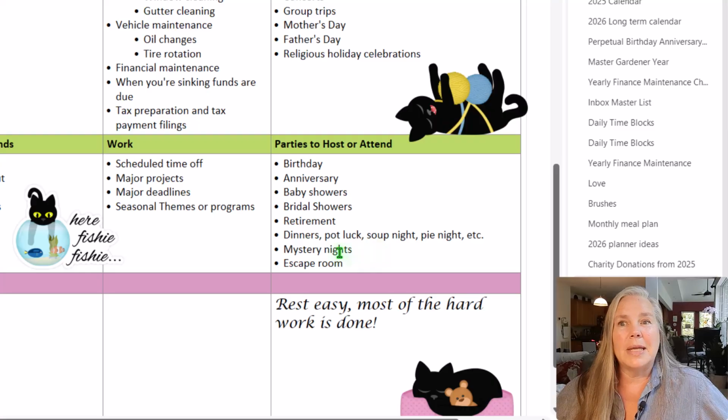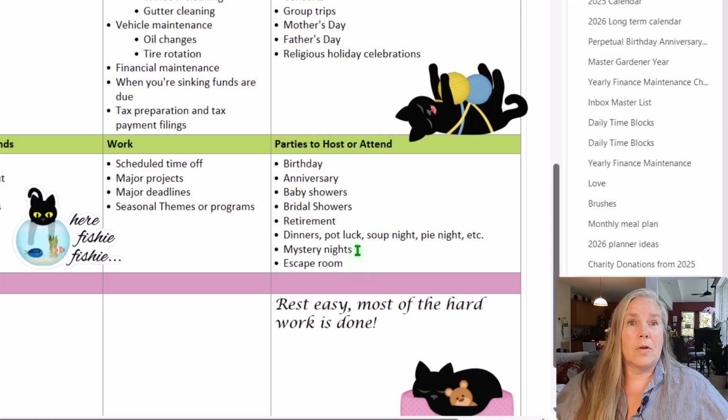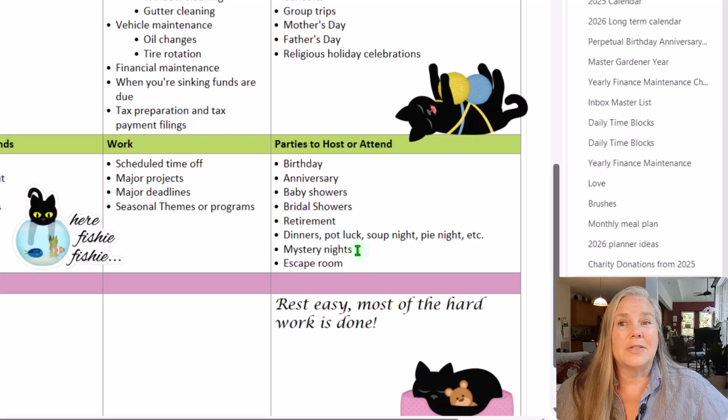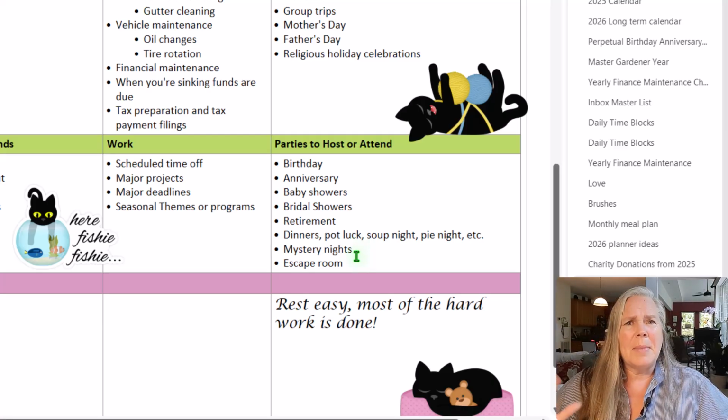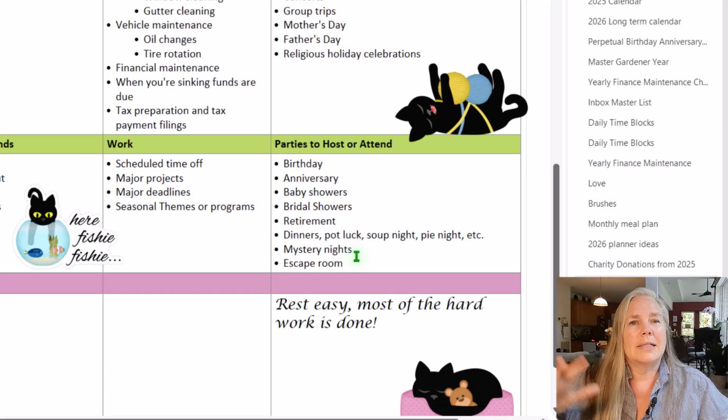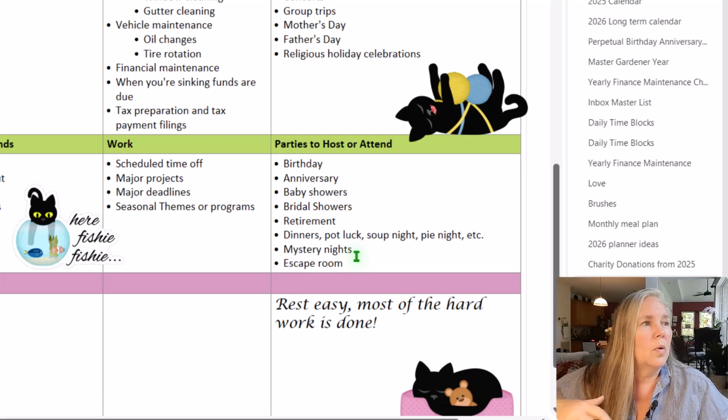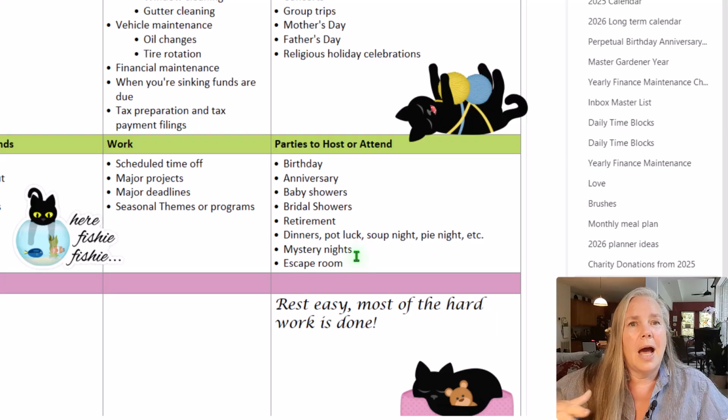Another thing that we've been doing is these murder mystery nights, which are kind of fun. We've done a couple where they're a larger group, and we've done a couple with a smaller group, and they were always fun. And we've even set up some escape rooms for each other, which was really, really cool. I did one that was kind of Dracula Halloween themed, and my daughter did one for us and the rest of the family that was more Christmas themed, and eggnog and Christmas stories and all that kind of thing.